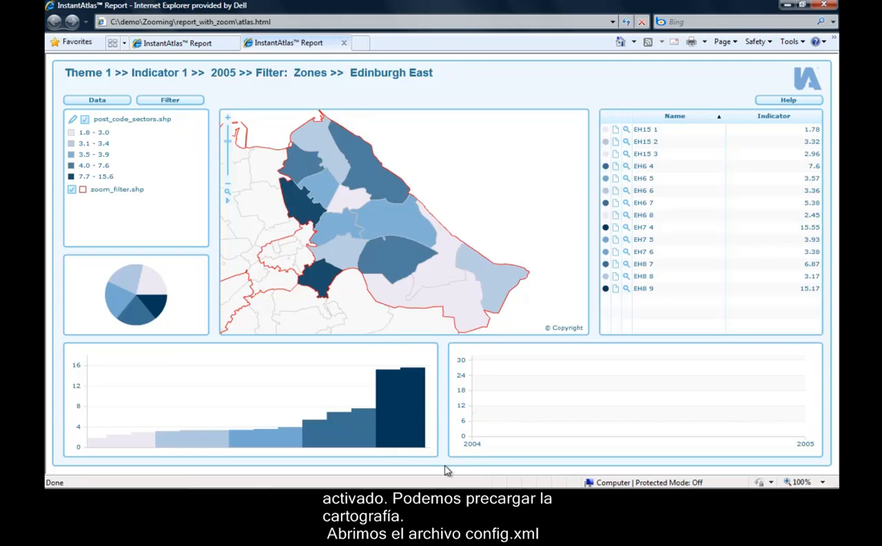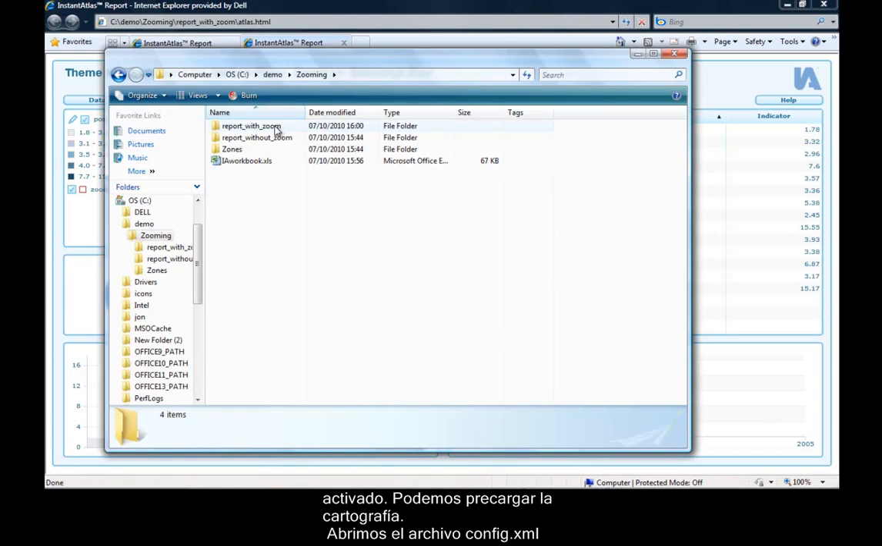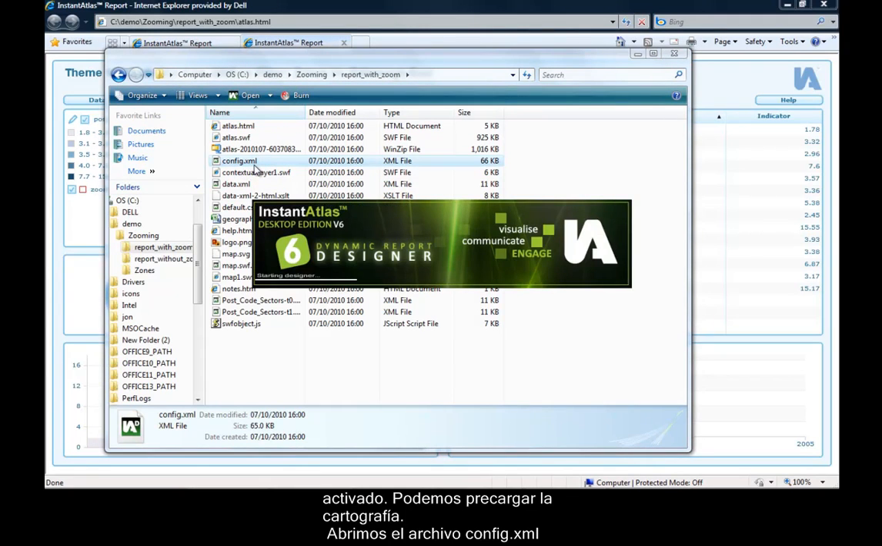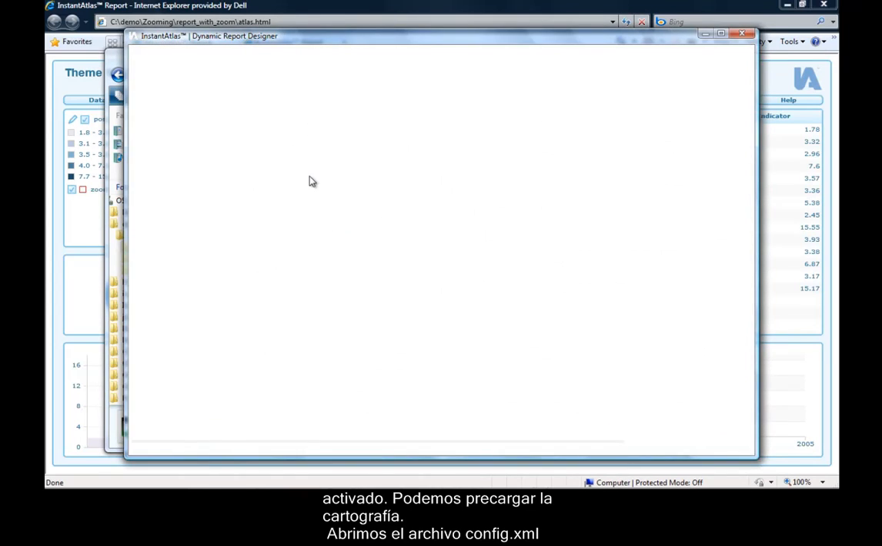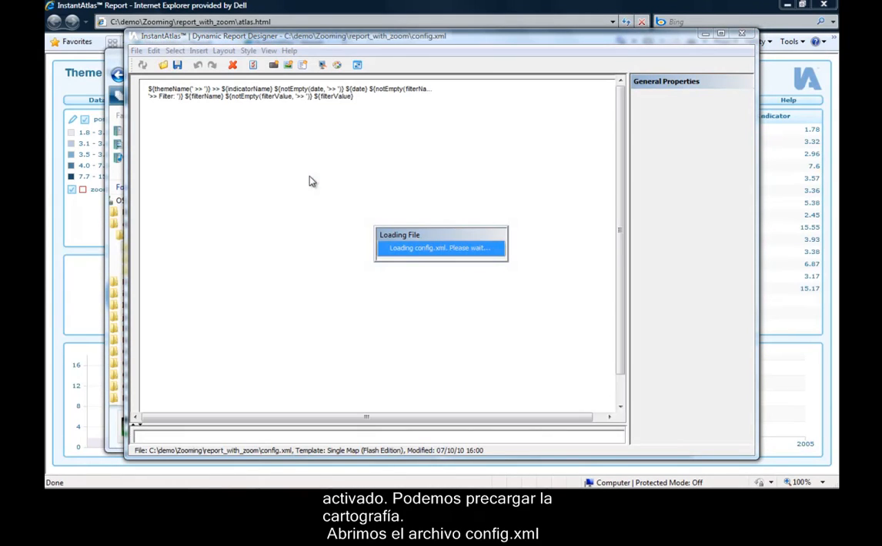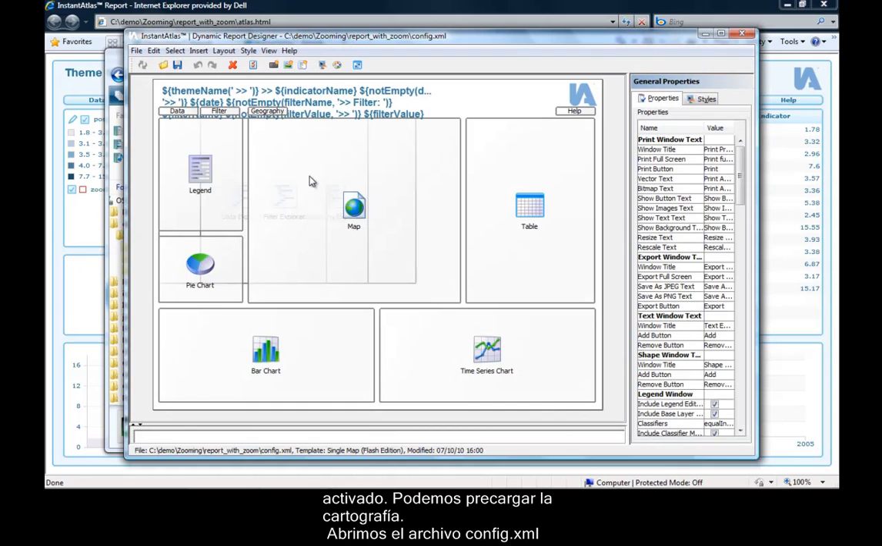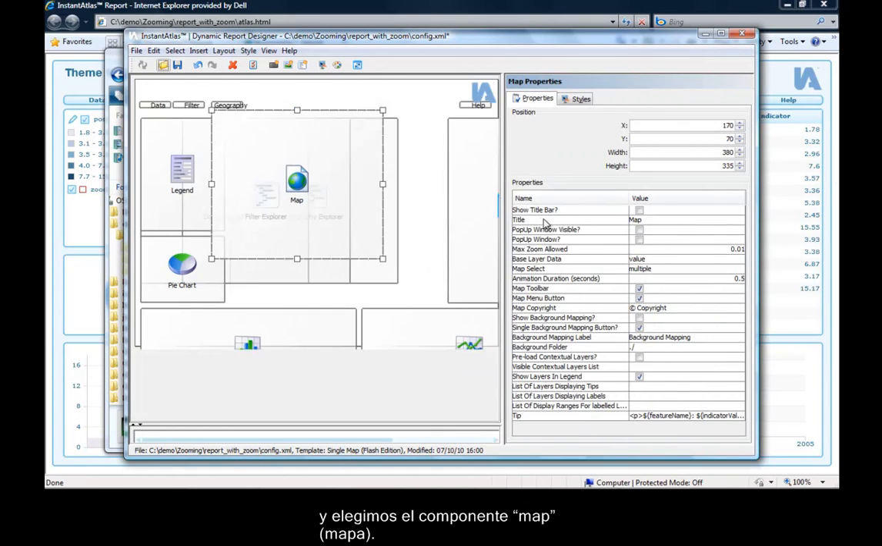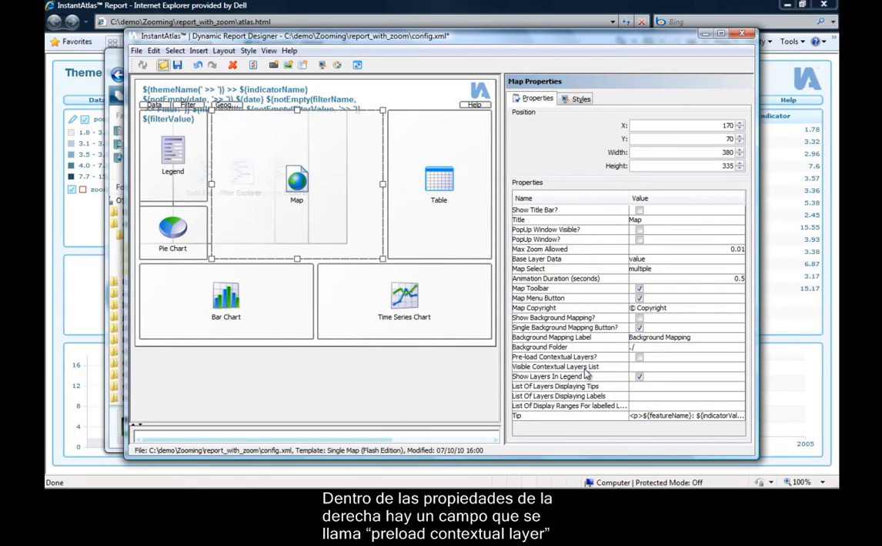To activate the zooming from the point when I open the report, I can use the InstantAtlas Designer to preload the contextual layer. To do this, I will open the relevant config.xml file in the InstantAtlas Designer. And need to wait a while until it starts up. If I click on the map, I see on the right hand side the properties of the map, and one of them is called preload contextual layers. If I tick this box and I save the designer